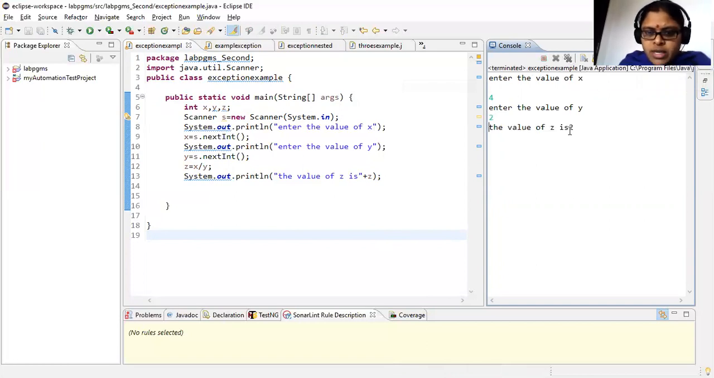The value of z is 2. Right, so this is properly compiled as well as executed. Now, for example, for the next run,